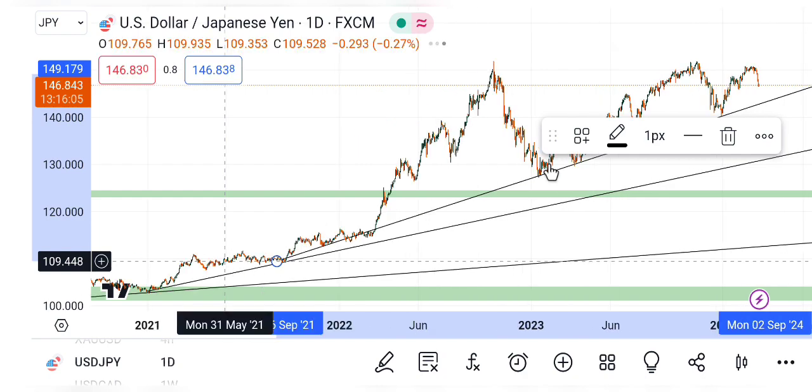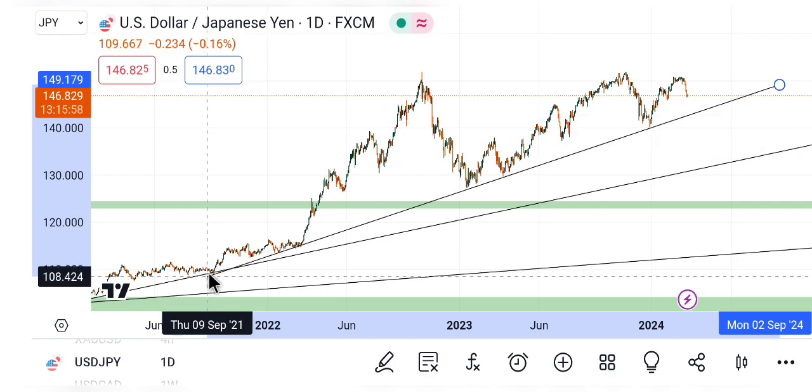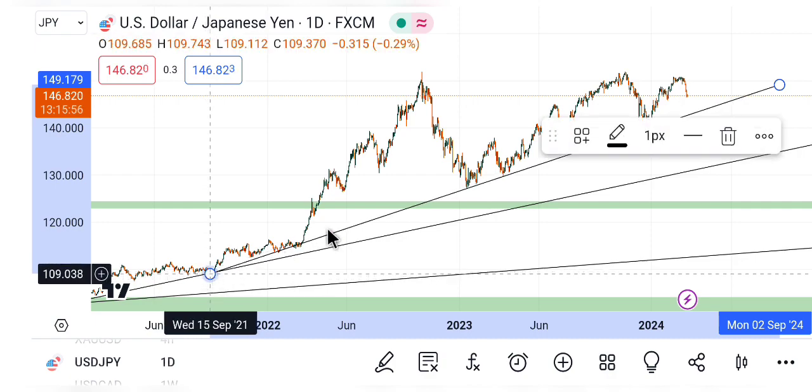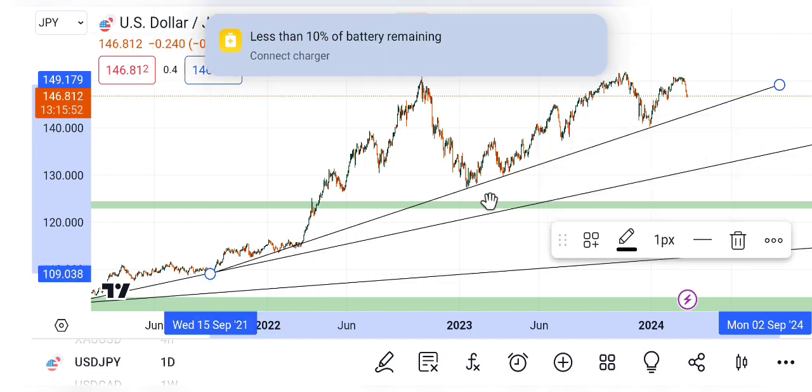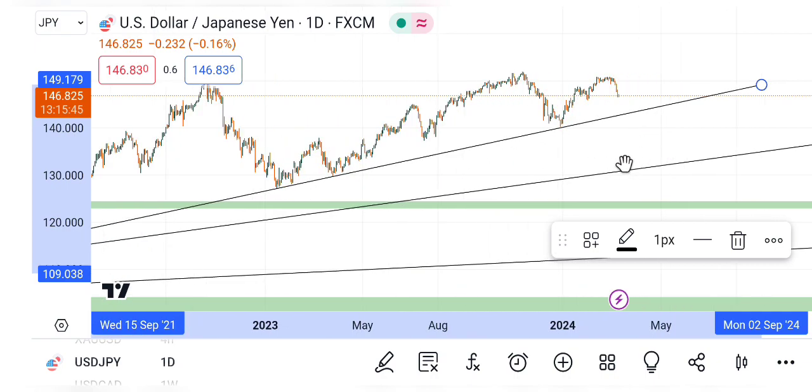So the daily time frame. You can see anytime price gets to this trend line, it always bounces from there. That shows that the trend line is legit. It's a kind of strong touch. Have a touch, touch here. So currently we are expecting price